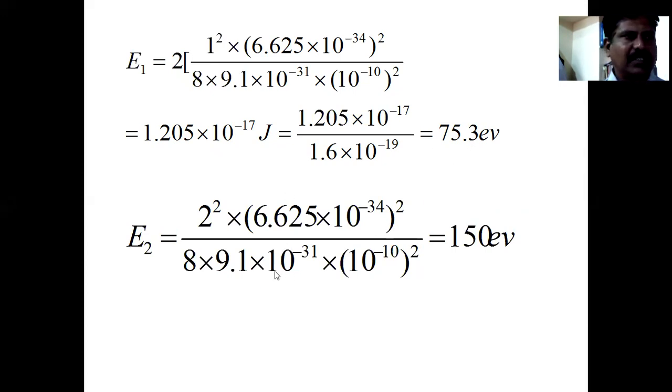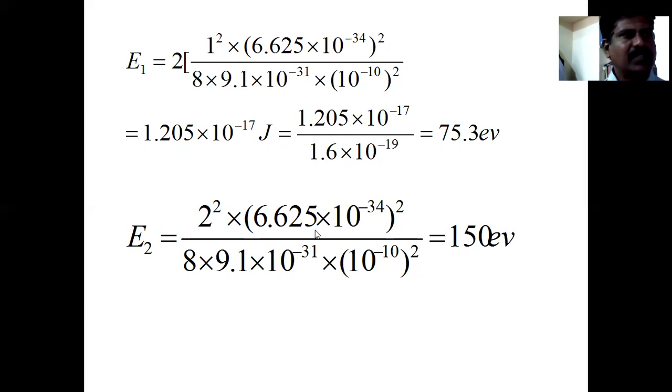Next, E2 is equal to what? This is the second orbit. n is equal to how much? 2, so 2 square. This is the first orbit where the number of electrons is 2. In the second orbit, n is equal to 2 and the number of electrons is 1. So it is 2 square into